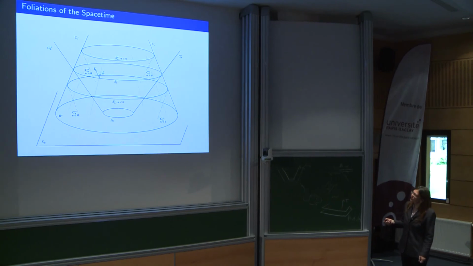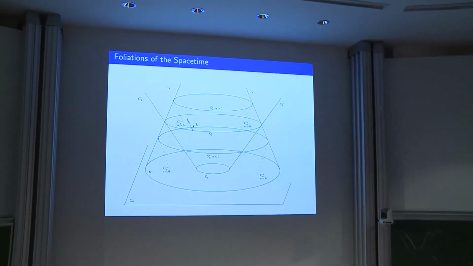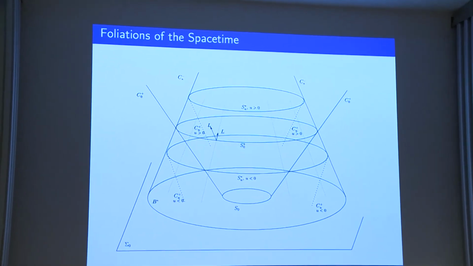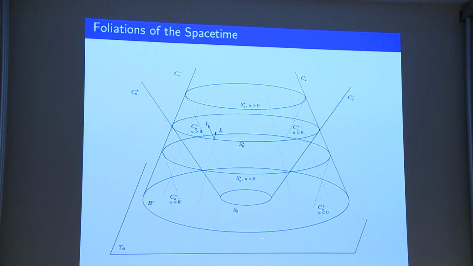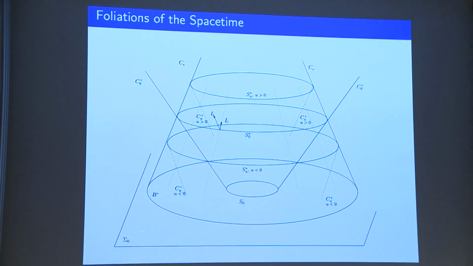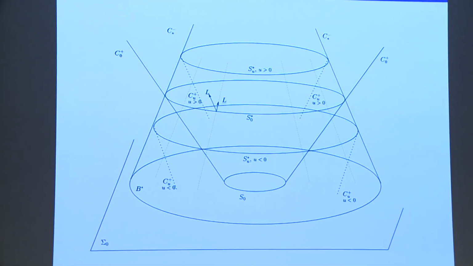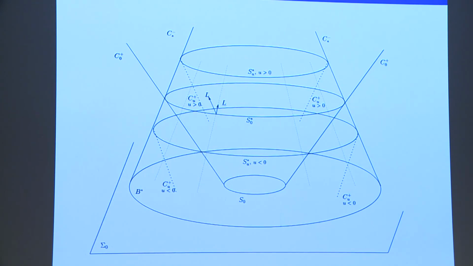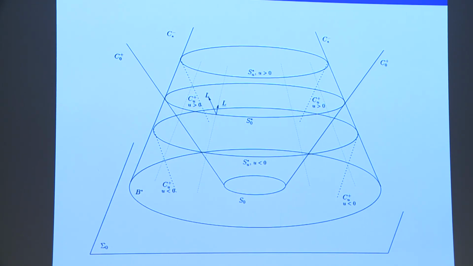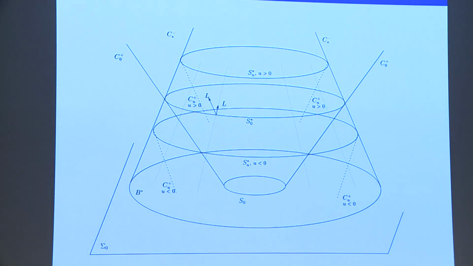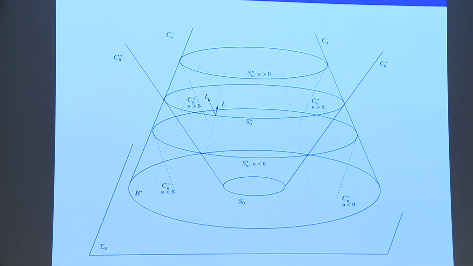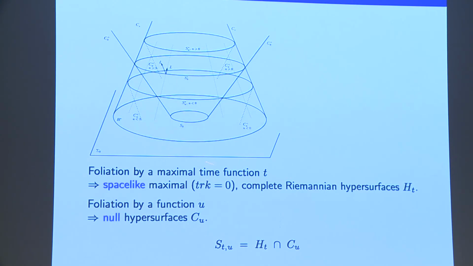Okay, maybe, here on the blackboard, I already explained this, but we usually work with two types of foliations in this setting. One is given by a space-like hypersurface, now called sigma here, which I called H on the blackboard, and also null hypersurfaces. We will be interested in outgoing null hypersurfaces, and for simplicity, they look just like cones on my slide. One thing again to remember, I use a maximal time function. The trace of K is going to be 0. Each space-like slice is a complete Riemannian hypersurface with corresponding decay, and then I'm interested in